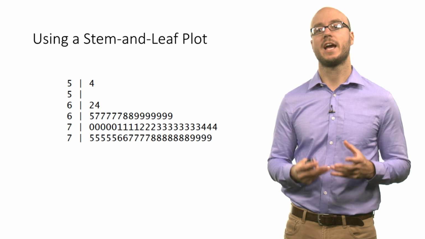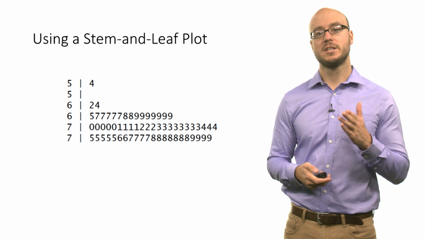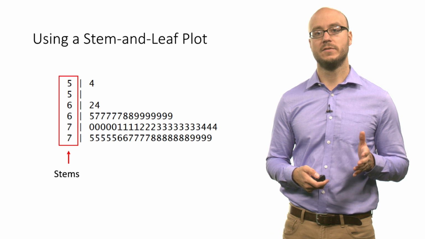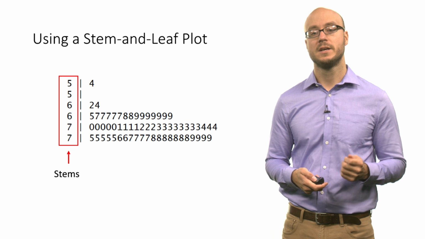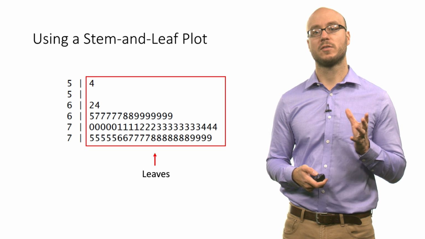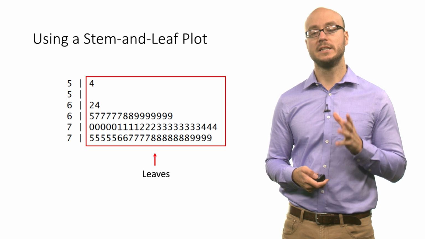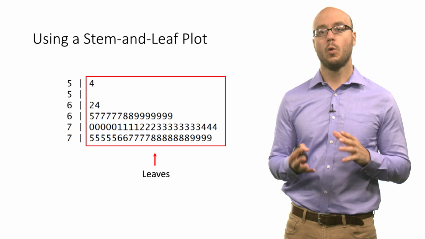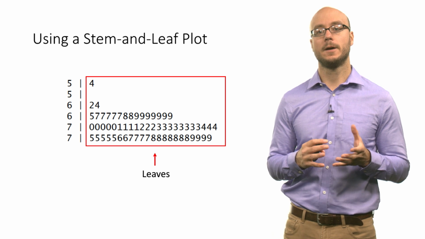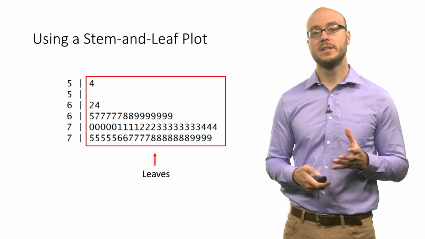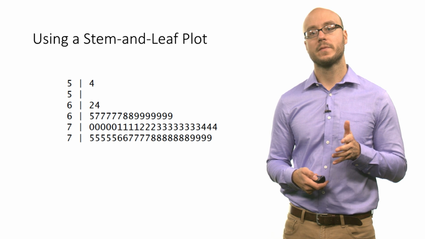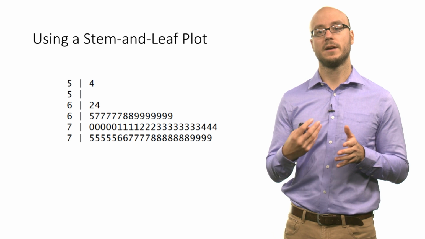Each observation has its own number. And you can see that there's this vertical bar. So the numbers to the left of this vertical bar, those are the stems. And then the numbers to the right of this vertical bar, those are called leaves. Now, usually a stem and leaf plot will identify what distinguishes a stem from a leaf. In this case, the stem is the leading value of our number, and then the leaf is really in the